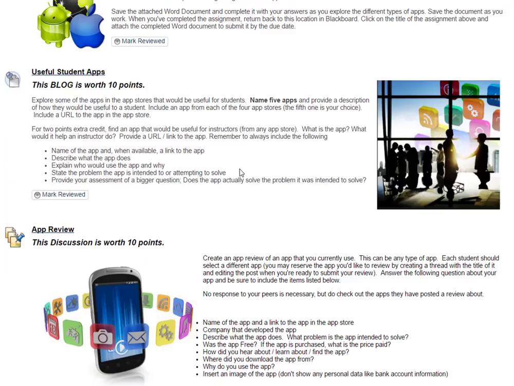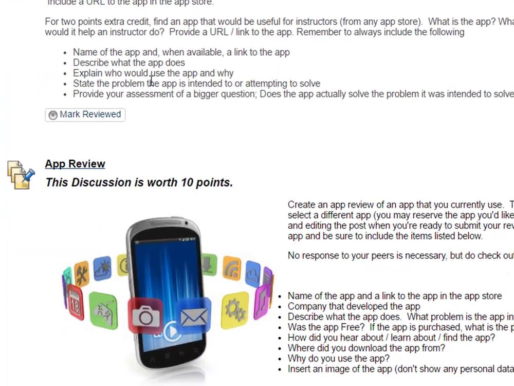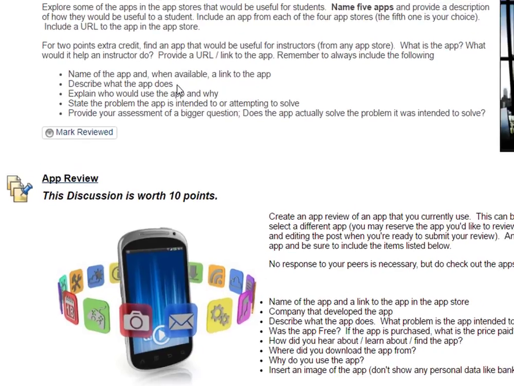Following that, you have one of my favorite assignments. It's a blog assignment. You'll use those app stores and find at least 5 apps that you believe would be useful to students. You will include a link or URL to where you found each of the apps in the app stores, and you will need to address each of these bullet points for each of the 5 apps that